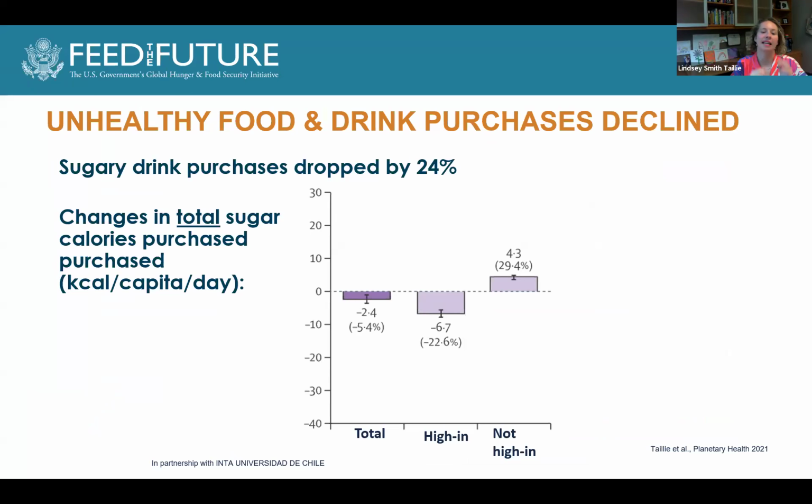So what we see is that there's kind of an overall 5% drop in sugar. But when we look a little bit more closely, we see that what's happening is that people are shifting from the really unhealthy beverages where they're carrying the warning label to products that don't carry the warning label. So this is exactly what we want to see. People are going to the store and they're either choosing a different beverage, or they're selecting the same beverage, but the company has cut the sugar values in there. And so this is a really nice result.